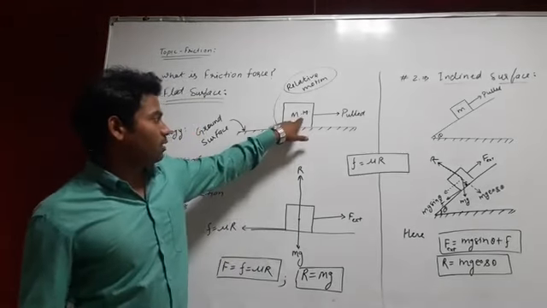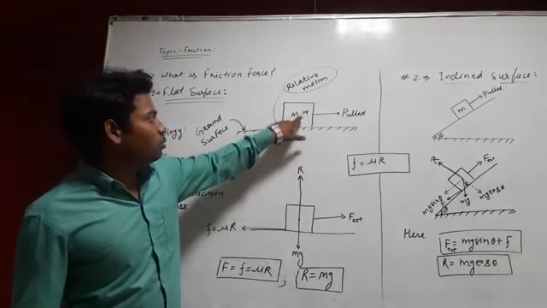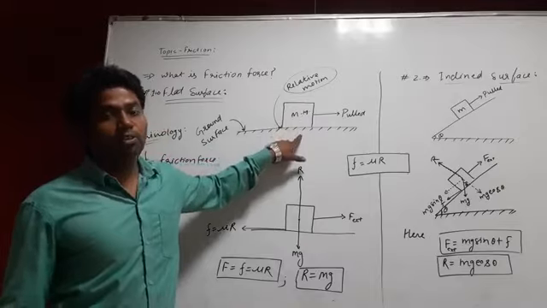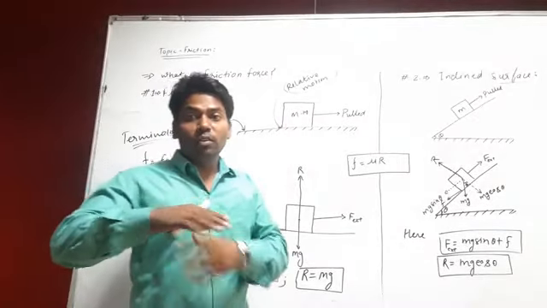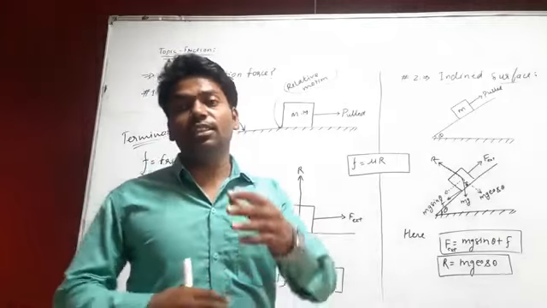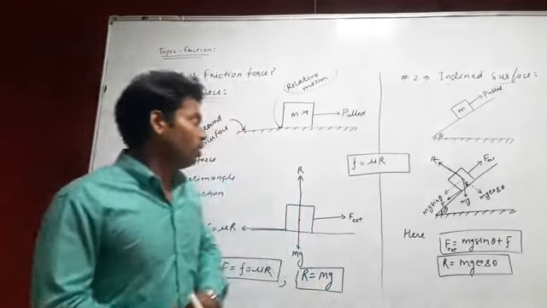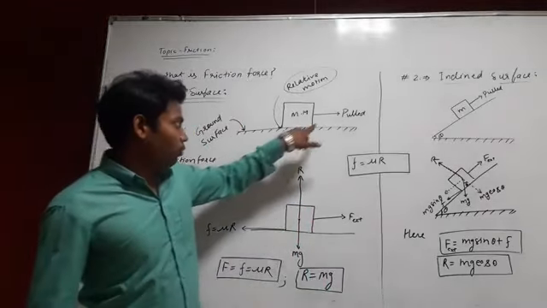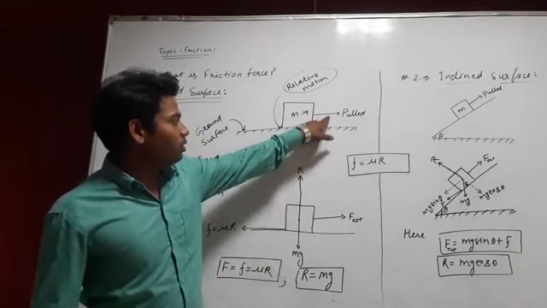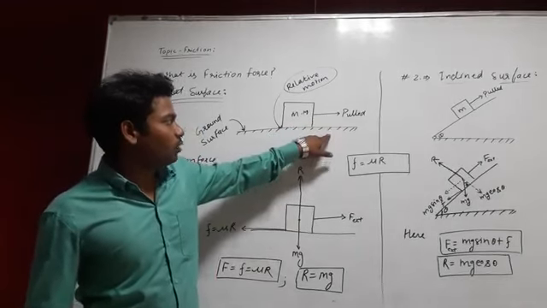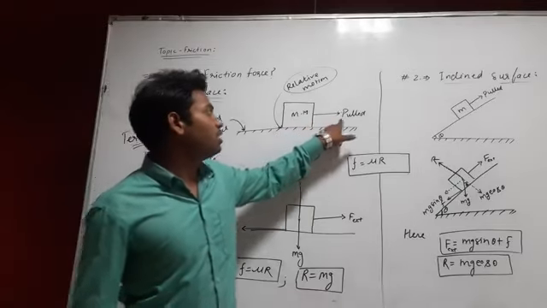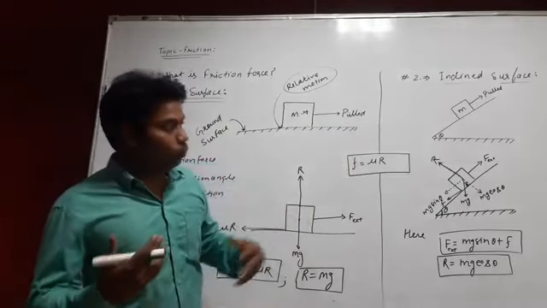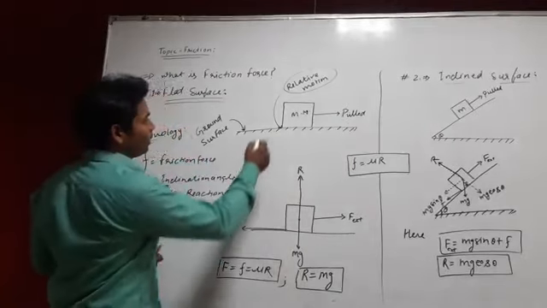If you see on the board, this is body 1 and this is a surface, or you can say two surfaces. When two surfaces are in contact and in motion, friction will resist that motion. Suppose this is the body, this is the surface, and you are applying a force, trying to pull that box in this direction, so friction will be generated over here.